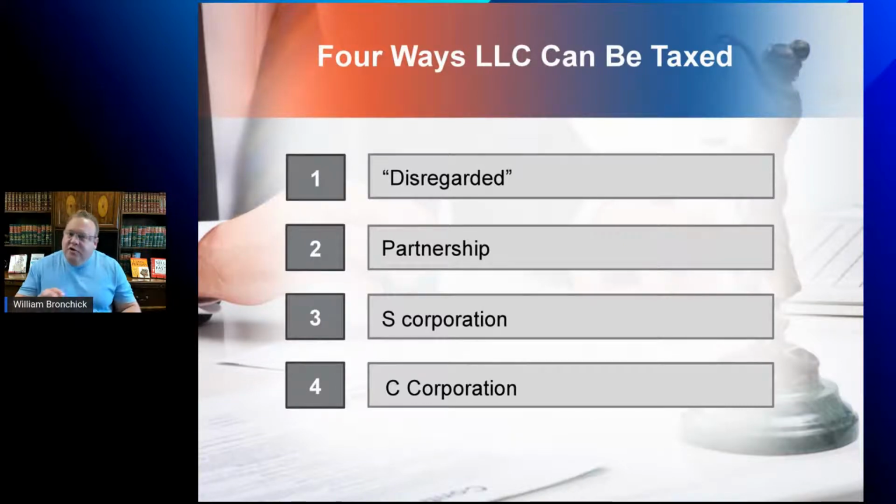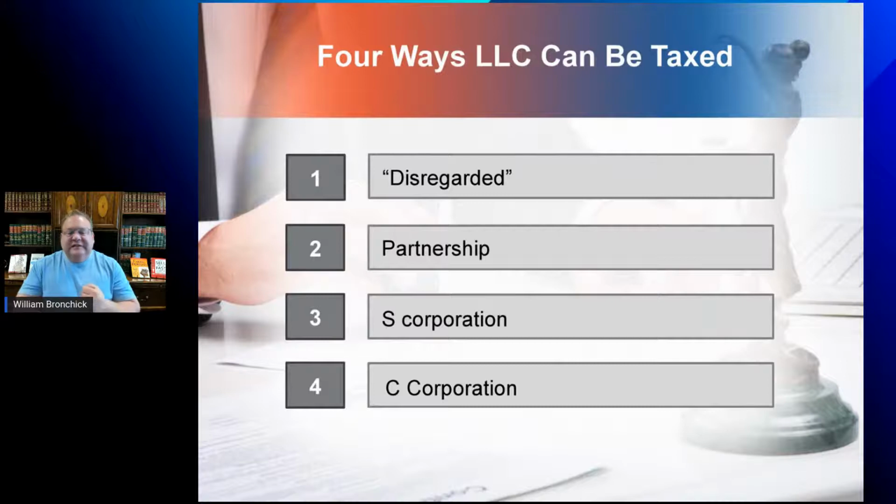So it's not that you convert your LLC into an S corp. It's still an LLC under your state law. But to the IRS, you report as if it were an S corp. So you still have managers and members like an LLC, but to the IRS, you're filing an 1120S and treated under the S corp rules as if you were in a regular S corporation. Does that make sense? I hope it does. So it's an LLC treated as an S corp, not an LLC converting to an S corp. You're not changing the nature of the entity with your state. You're just filing an election with the IRS.